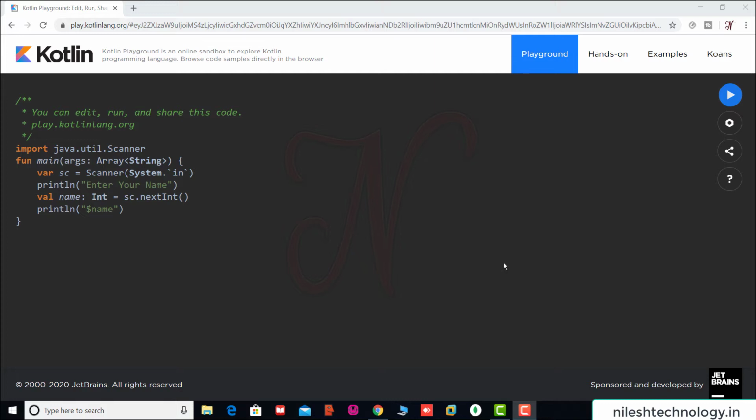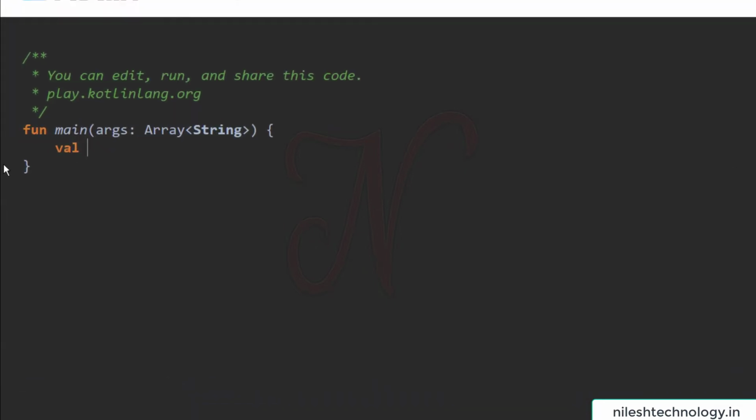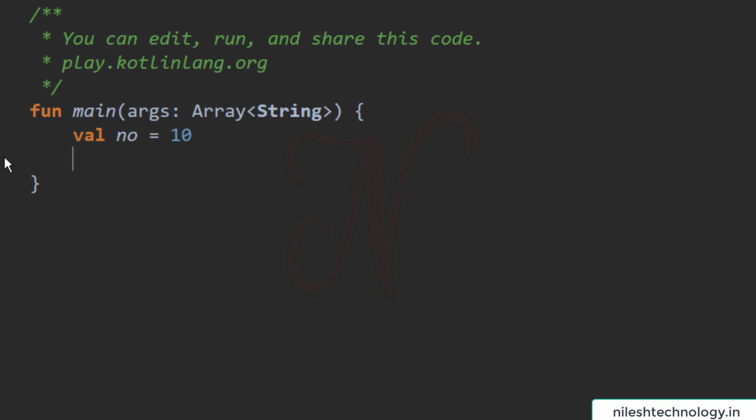So let's see one example. This is a very similar syntax to C++ and Java. See here, we remove this import statement. For example, my value is number equal to 10.